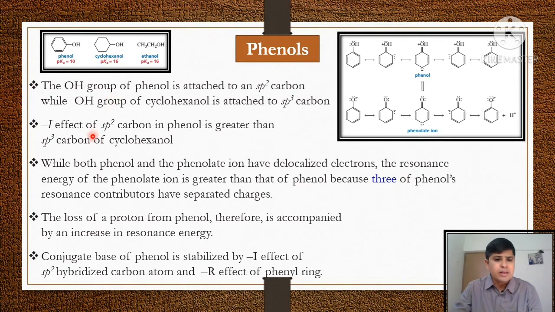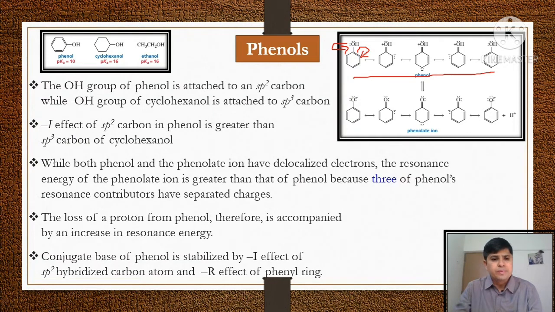See here, if we have a phenol, then this phenol will give an unshared pair of electrons. When it gives its unshared pair of electrons, there will be delocalization of this electron density in the aromatic ring. So we will get such types of resonating structures for phenol. That means the unshared pair of electrons is delocalized.